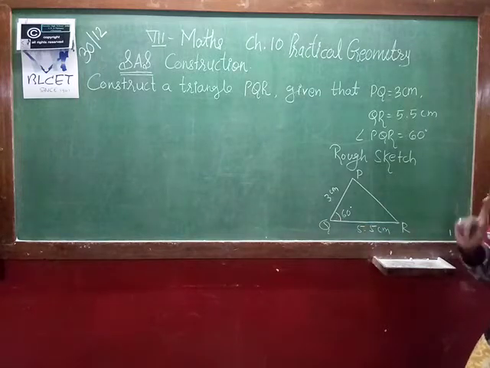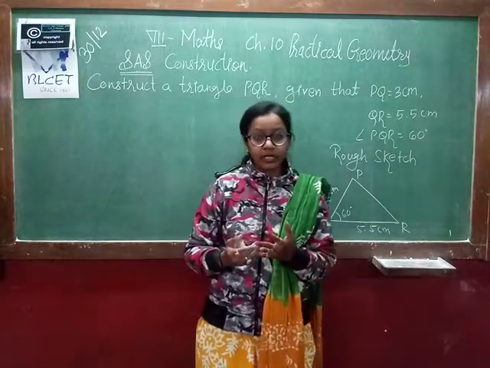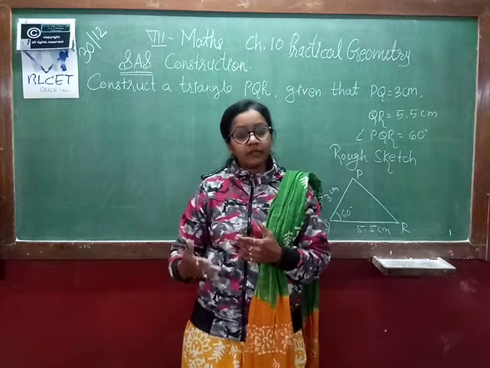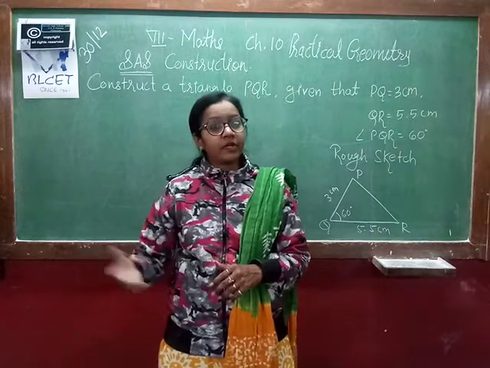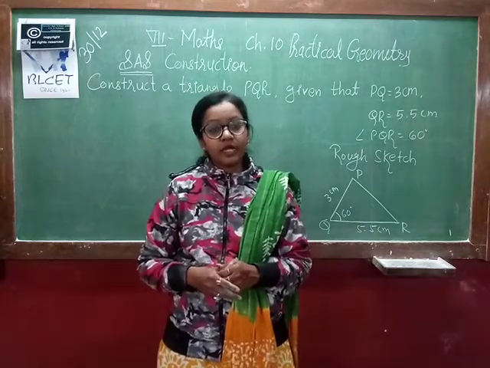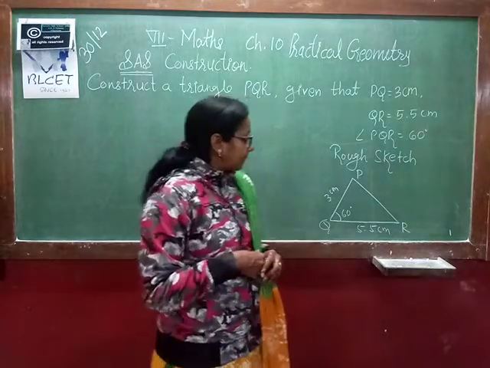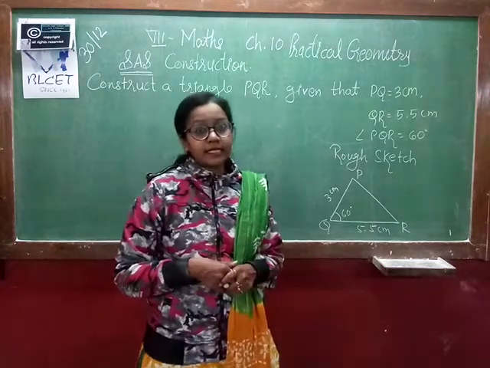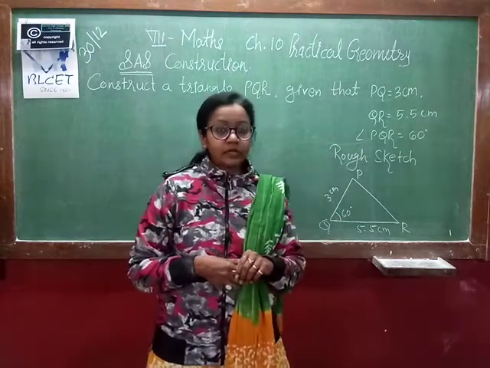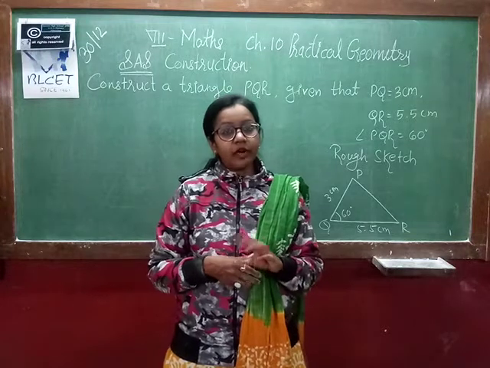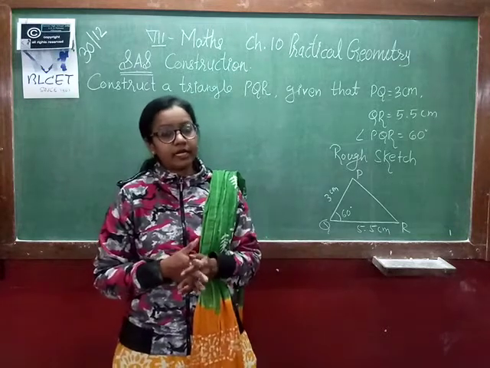In 6th standard you have already learned how to draw various kinds of angles, maybe 60 degree, 120 degree, 90 degree, 45 degree, 150 degree. You have to revise that knowledge in this chapter so that you are able to draw the construction of a triangle. Also you have learned the bisector of an angle. Suppose you have to draw a 30 degree angle. So 30 degree means what? It is the bisector of 60 degree. So you should know how to bisect an angle. That concept you have already learned in 6th standard.